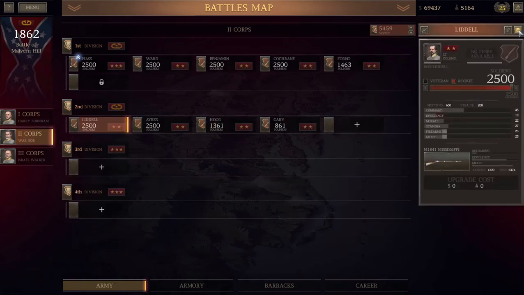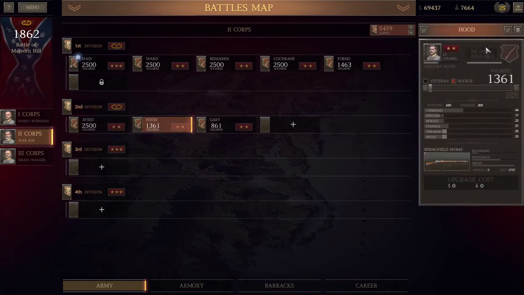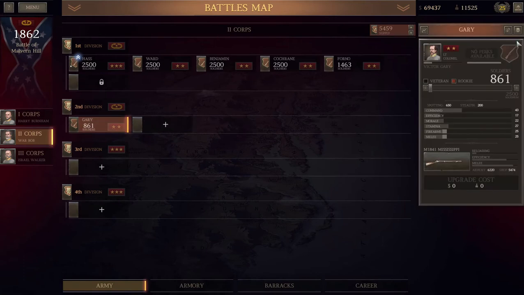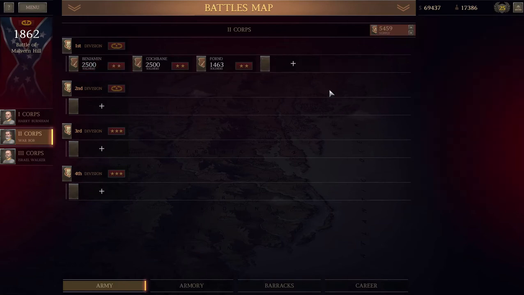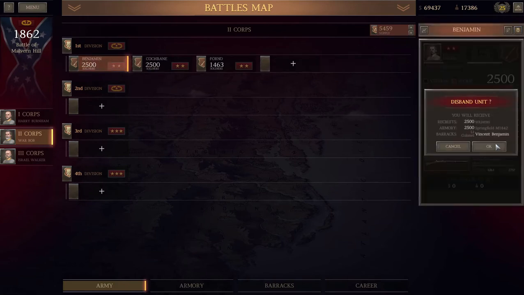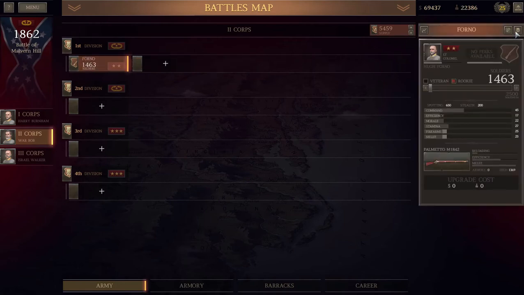So we got 15 of them, and then I go ahead and delete off all of the guys without experience and mix them with those ones that have experience so that we can get more experience on all of our units. So in a second here, we're going to jump